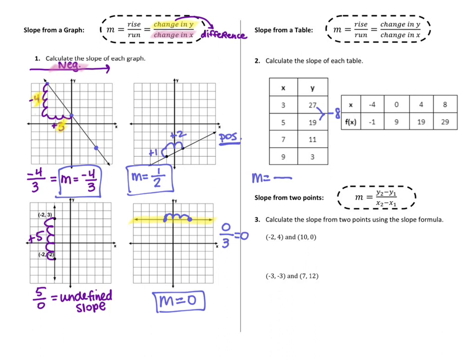And you're going to see that pattern. 19 to 11, it's going down by 8. And from 11 to 3, you're subtracting 8. Okay, now the pattern isn't always going to be the same, but the ratio will be, meaning they will be equivalent. If it is not going down by the same number, it will at least be able to be simplified to that same number. Okay, now that we have our rise of going down 8,